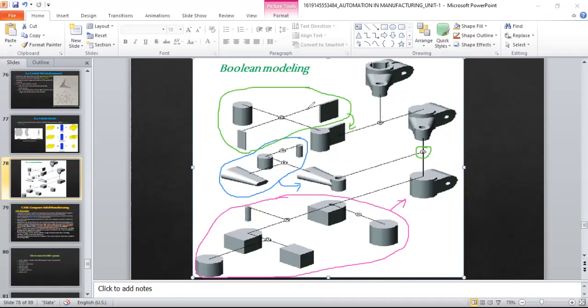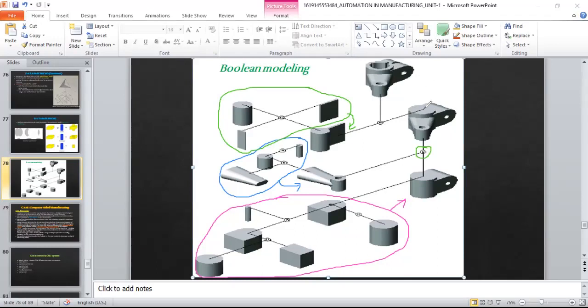Union of these two gave this, but then this slit was intersected. You can see here there's an intersection. So intersection of this will give us this. In total we had two operations there: one union, these two, and after that intersection with this, or basically subtraction. You can see that slot, and then these two union will give us that.